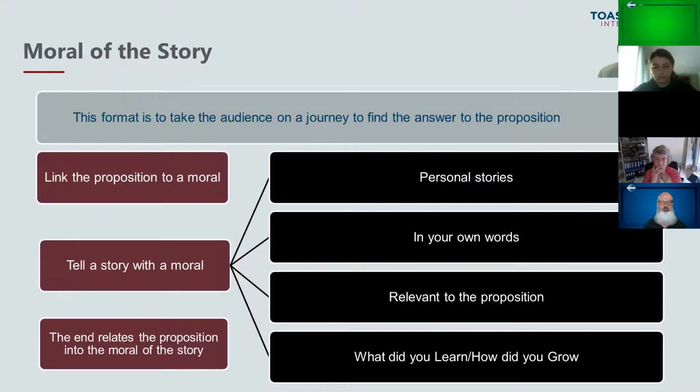You can mismatch morals. I recently told a story about a tortoiseshell cat and a hairy cat, building on the hare and the tortoise. But the moral of the story was twisted because the hairy cat had to shave in order to win and had to live with that haircut. So you can use personal stories, but put them into your own words, or traditional stories and put them in your own words.